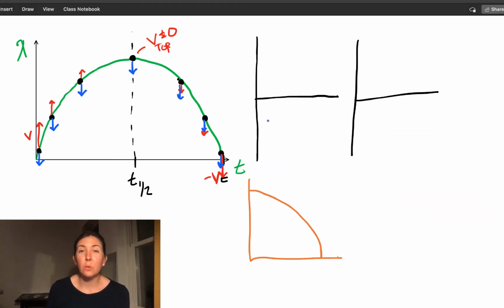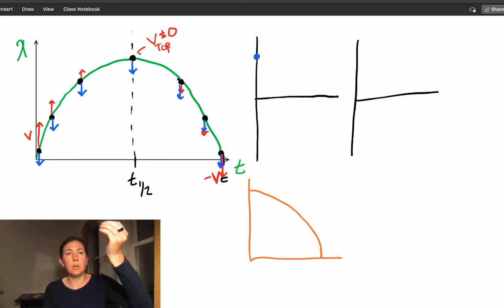So just like when you have a cart on a ramp that goes up and comes back down, this motion looks very similar to that motion, as long as you have down be the negative direction or down the ramp be negative. So this ball will start off with a big positive velocity because you're throwing it up in the positive direction. Then as it travels up in the air, the velocity at the top becomes 0. And then as it travels back down, the velocity down here